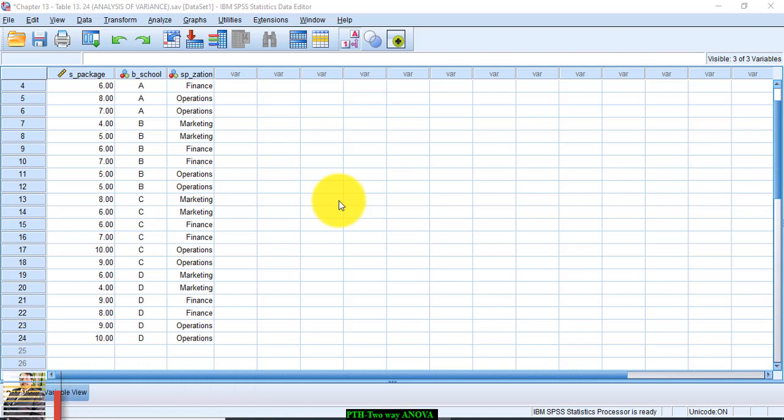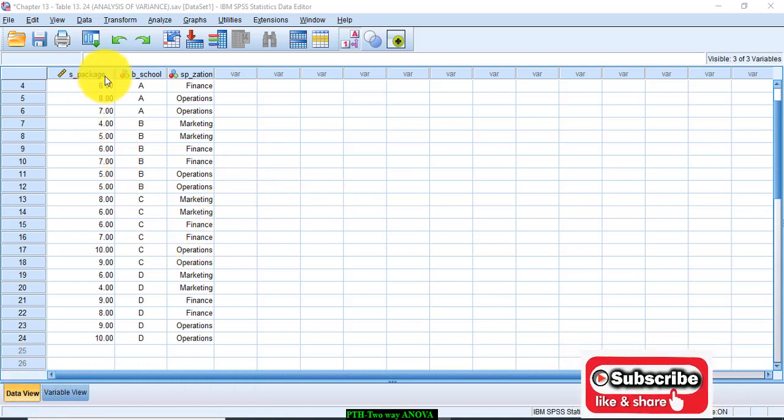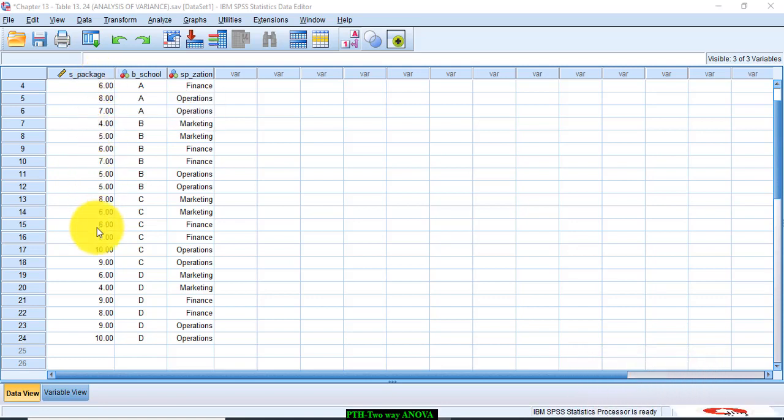Two-way ANOVA is used to check the significant mean differences in the dependent numerical variable across two independent categorical variables at a time. In one-way ANOVA, the significant mean difference in the dependent numerical variable was checked across the various categories of one independent categorical variable. But in two-way ANOVA, we check the interaction effect of two independent categorical variables at a time on the significant mean differences on the dependent numerical variable.